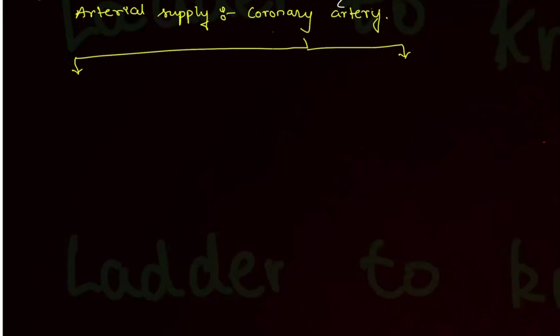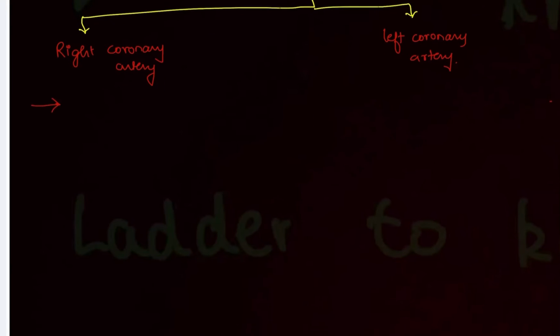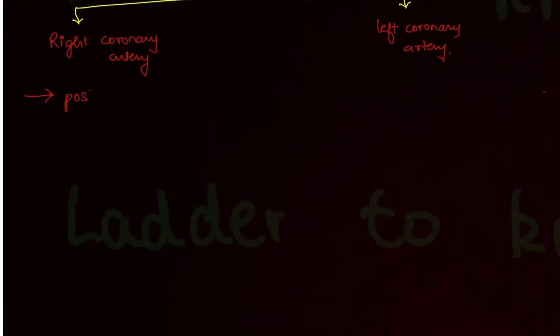Okay. So you have a right coronary artery and the left coronary artery. Right coronary artery gives a very important branch which is called the posterior interventricular artery. From the name of the artery itself, you can understand where it is located and what it supplies. So posterior interventricular artery means it will be present on the posterior side, runs between the ventricles. Inter means between, ventricular is ventricles. So it's an artery running on the posterior surface of the heart.